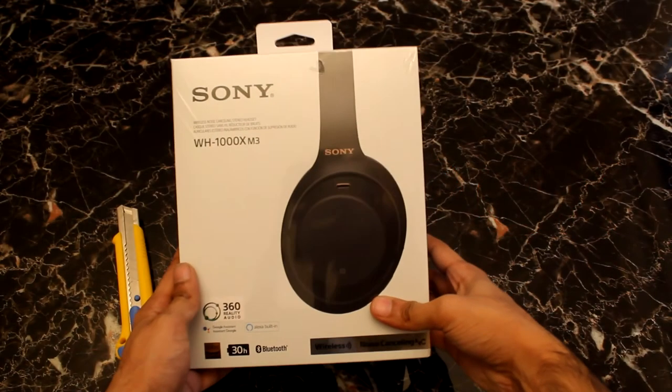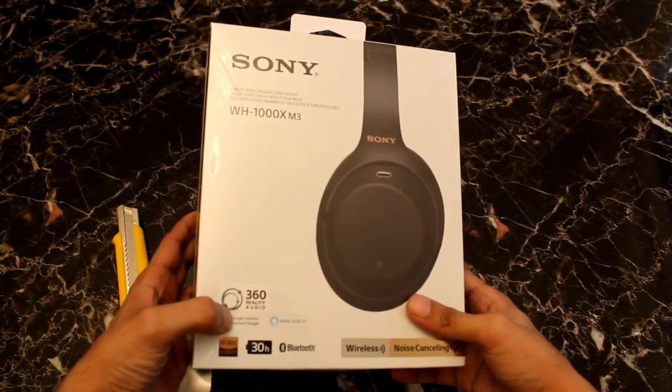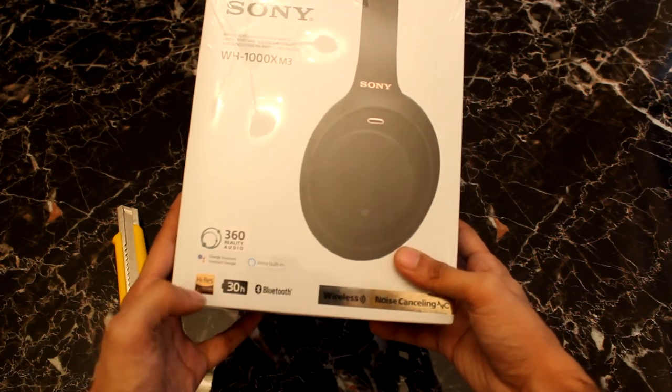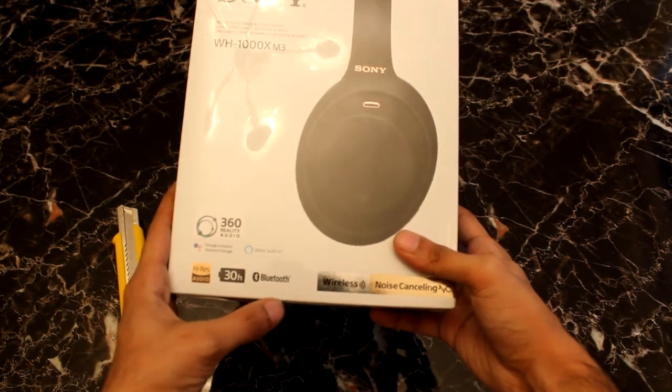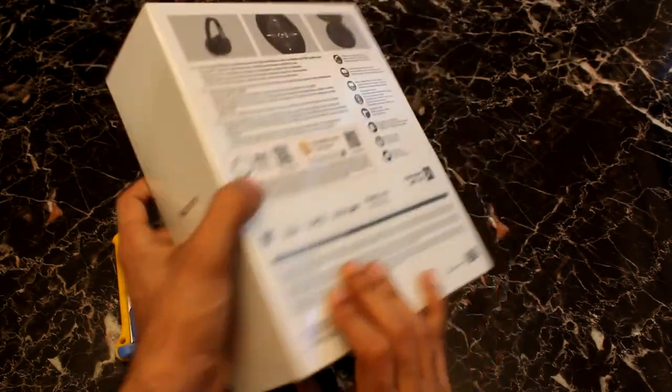Let's look at the box. We got branding over here, 360 Reality Audio. It has Google Assistant and Alexa built in. 30 hours of battery. I think it's Bluetooth 5.0, noise cancellation, wireless,